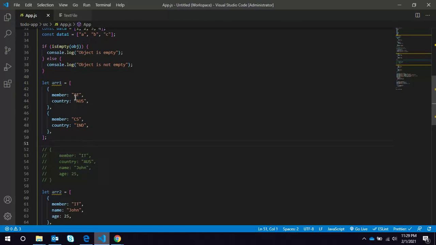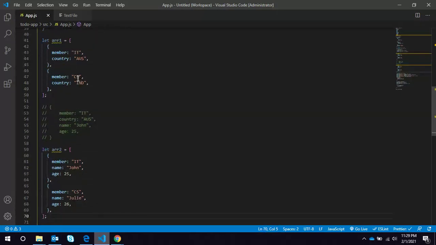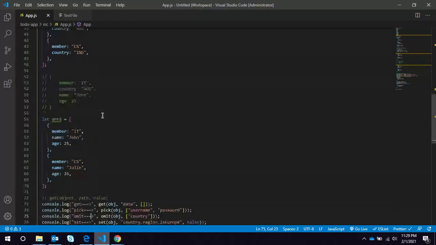Based on the member, because IT is common in both arrays and CS is common in both arrays, we can do this using the merge utility function.